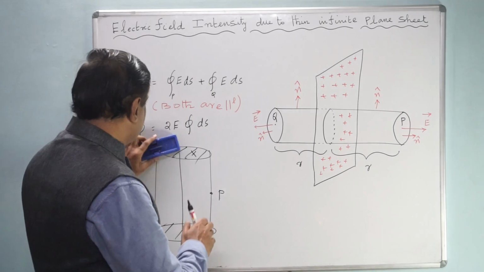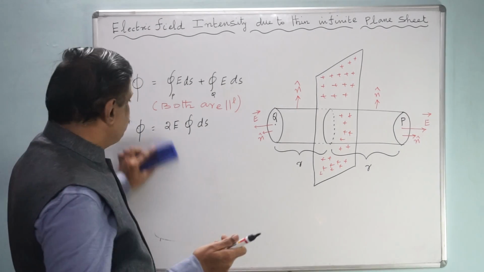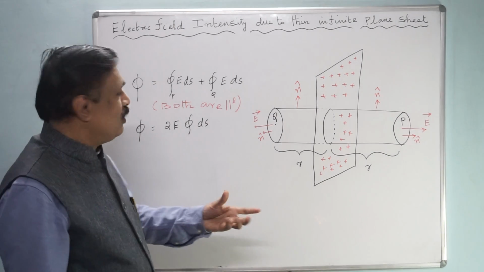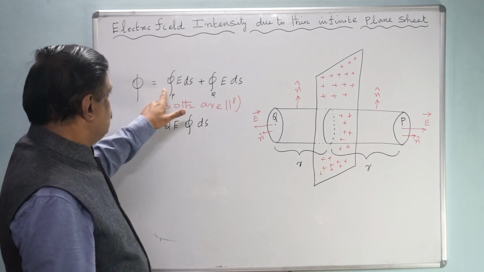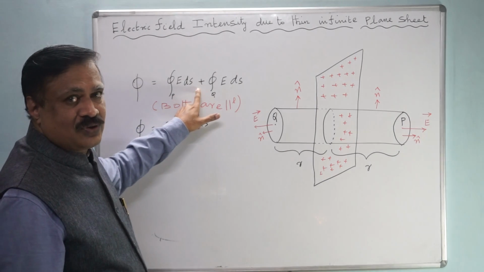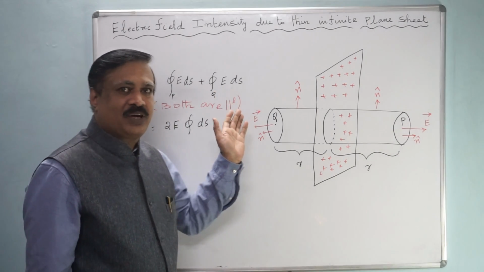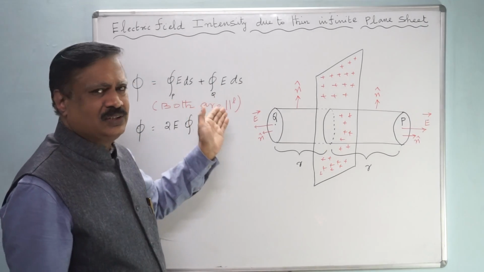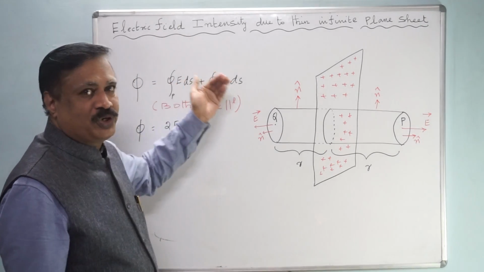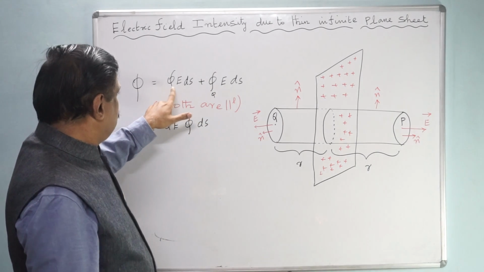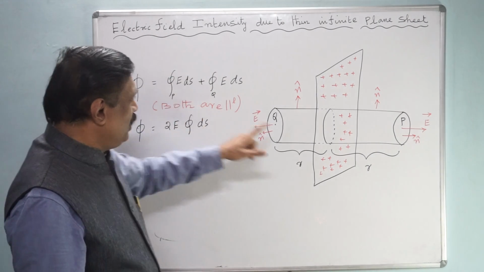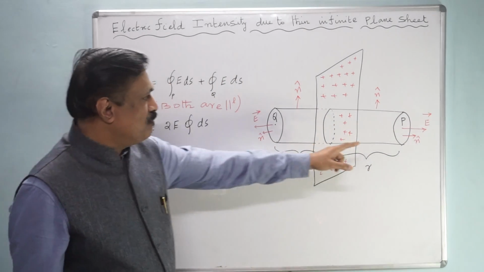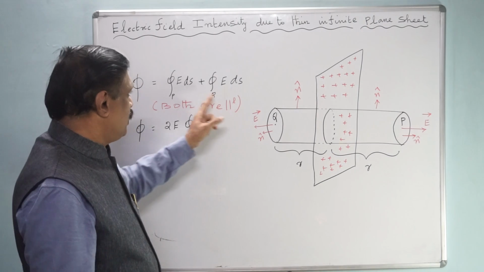Now as you know, it is a very simple derivation. Electric flux by the mathematical formula: flux equals surface integral of E dS. I removed the vector, because you put n dot unit vector and then remove it. Surface integral at point P, that means this surface integral and this one, therefore I mentioned P and Q separately.